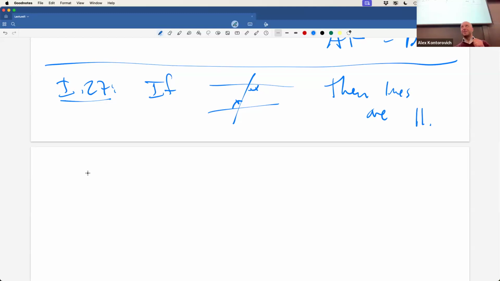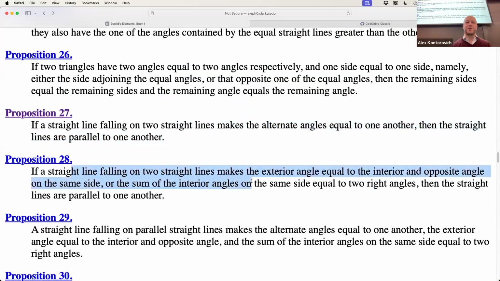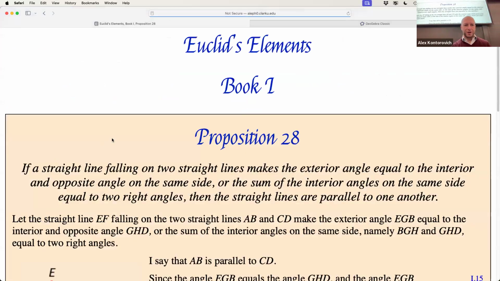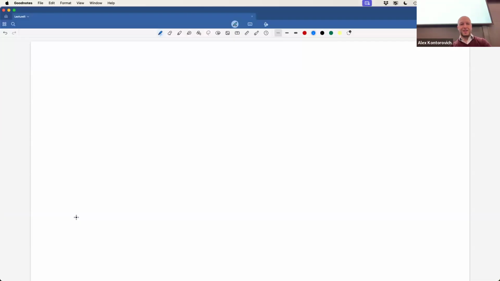If you look at I-28, it says that if a straight line falling on two straight lines makes the exterior angle equal to the interior and opposite angle on the same side, or the sum of the interior angles on the same side equal to two right angles, then the straight lines are parallel to one another. So this is saying that if